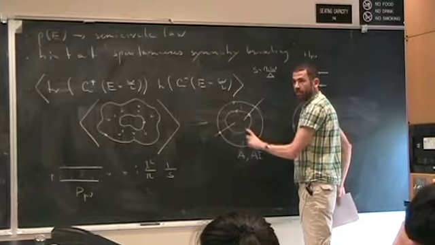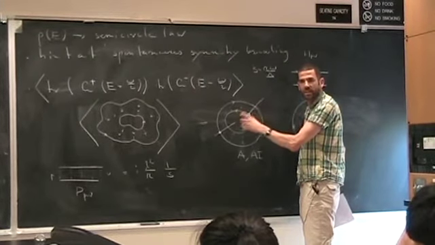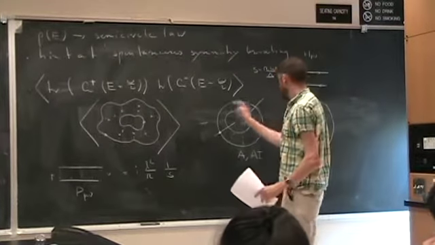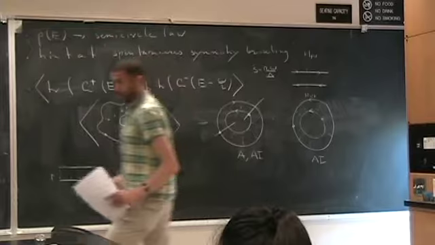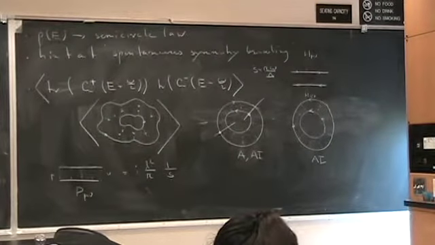We have two of these guys. Remember yesterday we had this sine function, sine squared s over s squared. So at this level of approximation, we conclude that